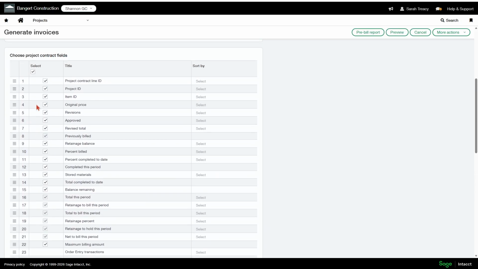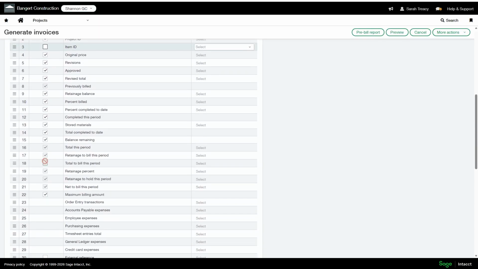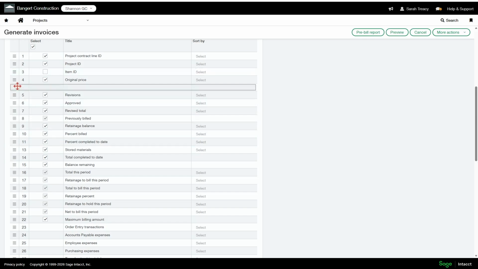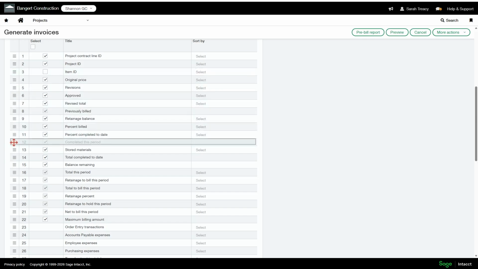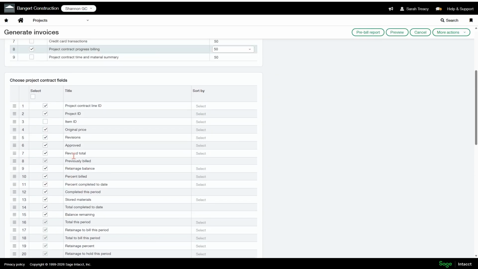So like for myself, I don't care to see item. And then maybe you want to move around like your completed this period, which is where you're going to actually be putting in the amount that you're billing. You might want to move that up further so that you see it earlier on the screen. You can play around with that so that it looks the way you want it to look.